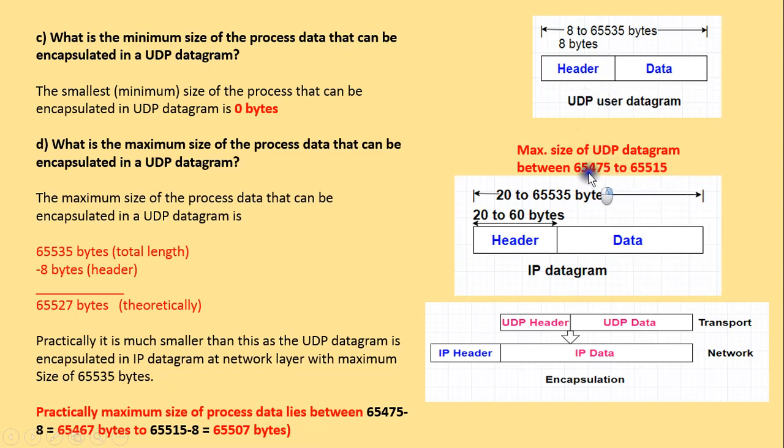So if we subtract the 8 bytes of header from this range, then the range left out for maximum size of the process data is 65515 bytes minus 8 bytes and 65475 bytes minus 8 bytes. So the maximum size of the process data can lie between 65467 bytes to 65507 bytes. Thus this completes the example.